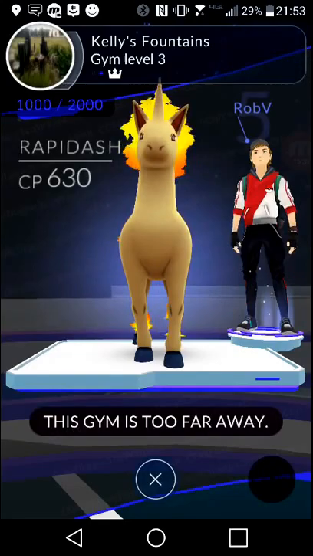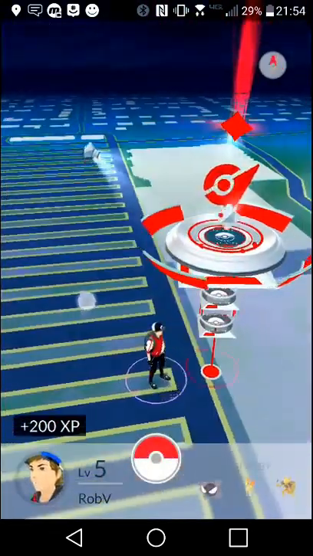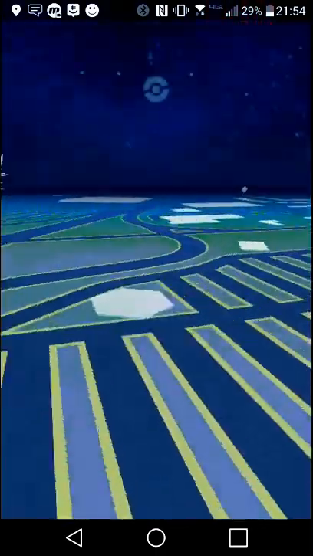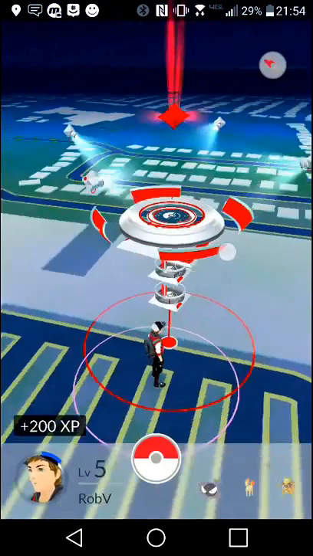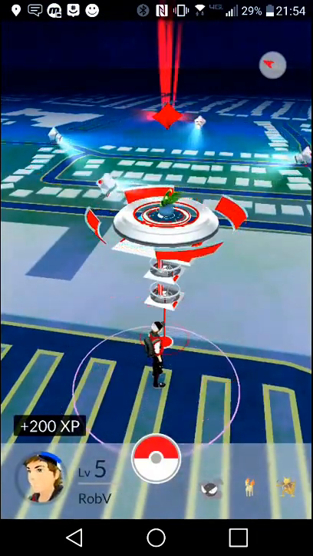I kind of wish that somebody would take that gym over. That way it would come back to my hand and I could wipe that Oddish off the face of the earth. So this Pokestop over here, it's a Thai restaurant. So, yeah, let me head on over there and we'll see what we can do